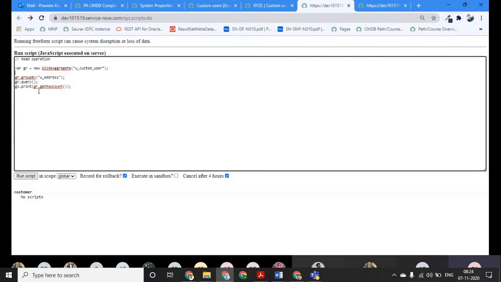Do you know what the aggregations are? There are five to six aggregate functions like sum, minimum, maximum, average. If we are using group by or having clause, then we use the aggregate function in our data query.